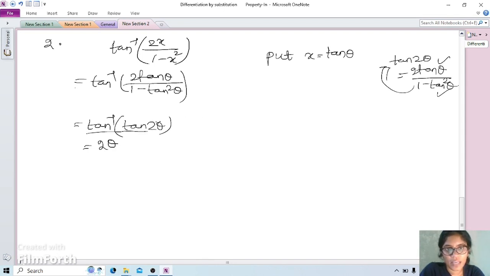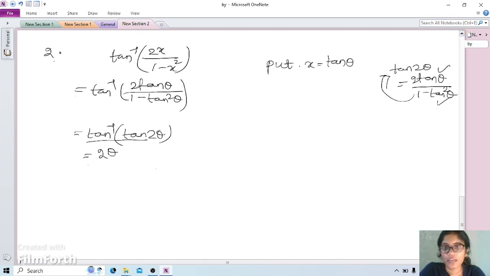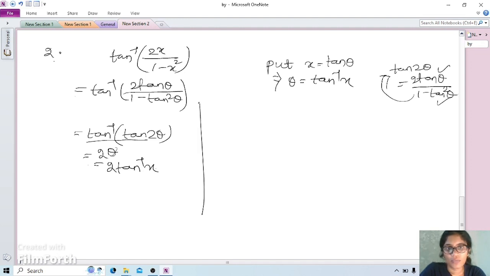tan inverse of tan cancels, which is equal to 2 theta. Here x is equal to tan theta, that is, theta is equal to tan inverse x. That is converted to 2 tan inverse x. Now